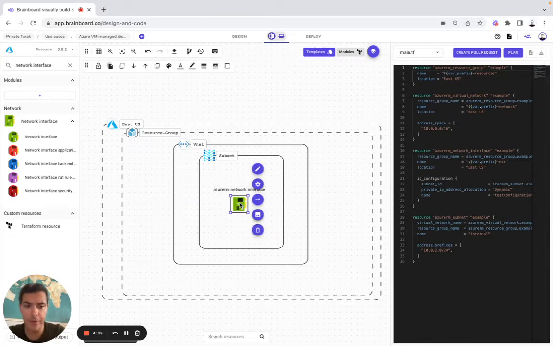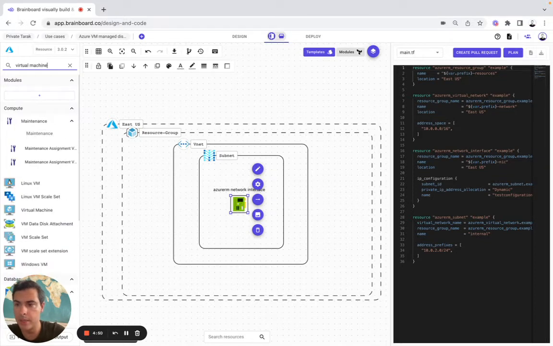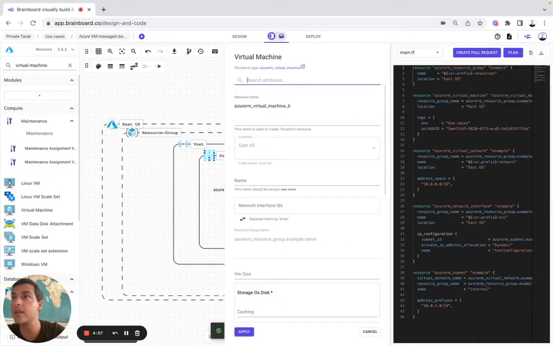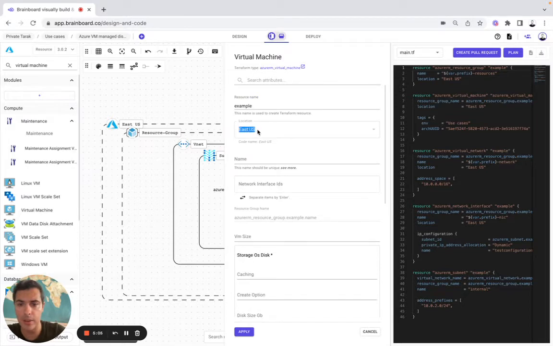As you can see, everything that I'm doing on my diagram will be automatically reflected on my code here. So now I can actually have a virtual machine. So virtual machine is this one. I will include it in the resource group, and I will configure it. So here the resource name will be example. It has already been pre-filled as well as resource group name. Then the name will be